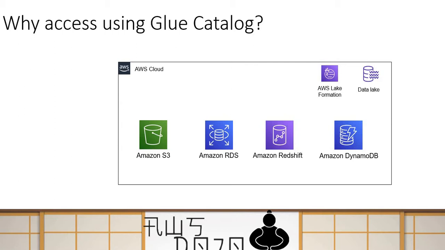So it becomes one place where you can see the catalog of all your data tables. For instance, all the files inside your S3 will be cataloged as a table. All the tables inside your RDS and Redshift will be cataloged as tables. And similarly, all the tables inside DynamoDB will be cataloged as a table in your Glue Catalog. So this Glue Catalog becomes one place where you can see the full listing of all the different data sources which are registered into your data lake.